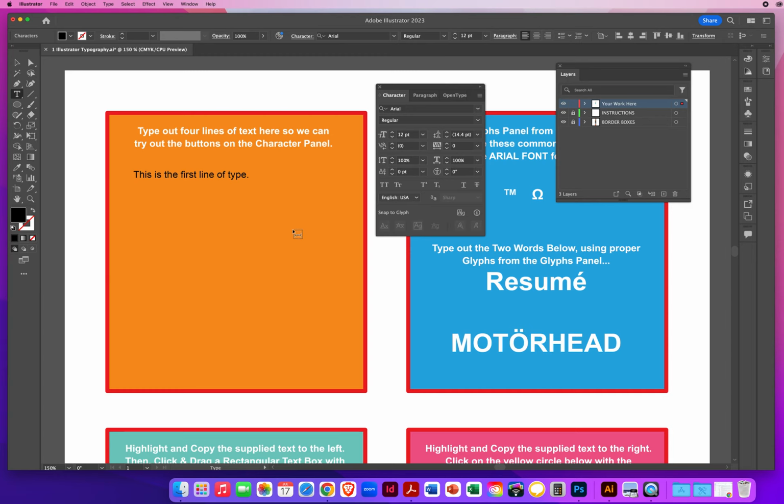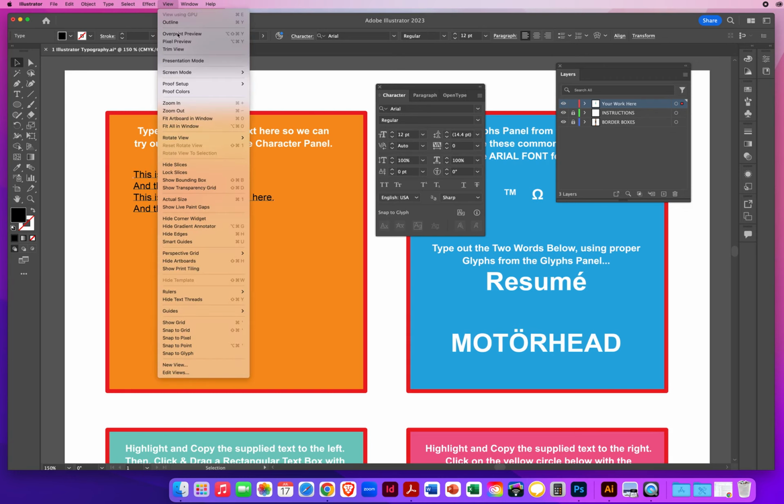And now I type another line. And this is second. Hit enter or return. This is the third line of type here. Hit enter or return, and this is last. So we have a couple of sentences with different lengths. Okay, when you are done, you go to your black arrow. All you should see is 4 lines of type with an underline underneath each line of type. That underline is called your baseline. Okay, if you see a box around this type, for now,